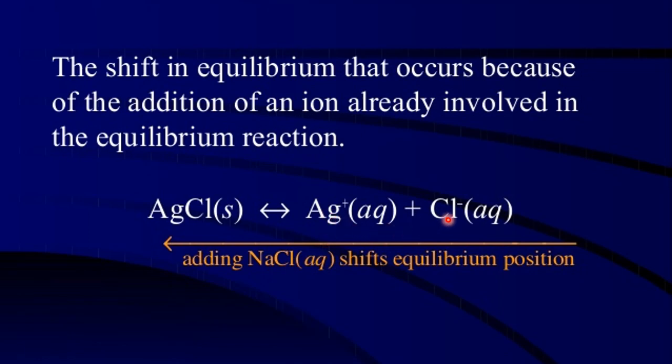Already chloride ions are there. And remember, sodium chloride is a strong electrolyte. It dissociates almost completely. That means this is also giving chloride ions, and chloride ions are already there in the equilibrium. That means the number of chloride ions becomes more. When the number of chloride ions becomes more, what happens? That means you are increasing the concentration of the chloride ion on the RHS.